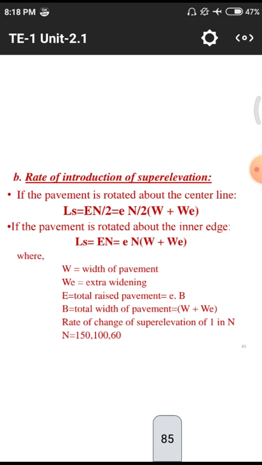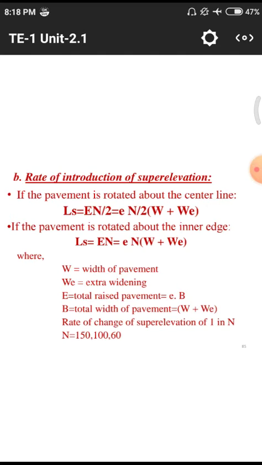And the second point is the rate of introduction of super elevation. In the primary part we discussed the centrifugal forces. In the secondary part, we will discuss the super elevation. That means the length of the curve Ls is En by 2